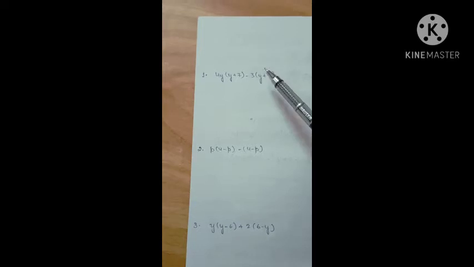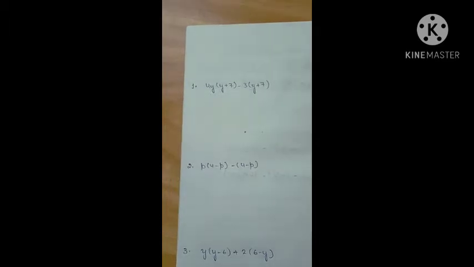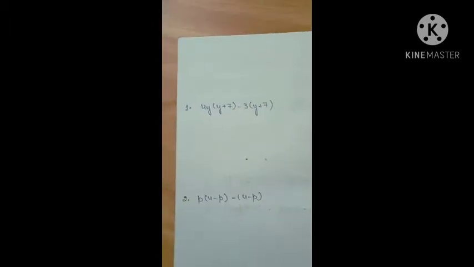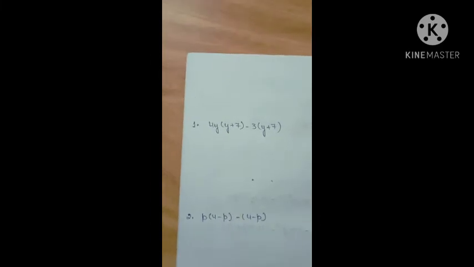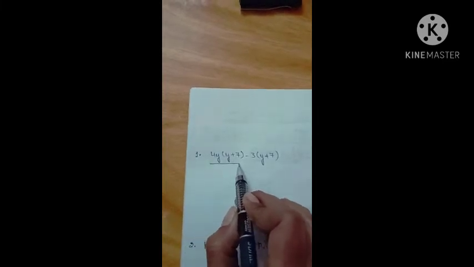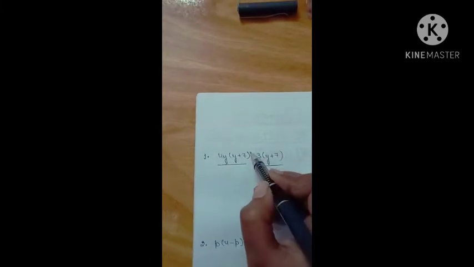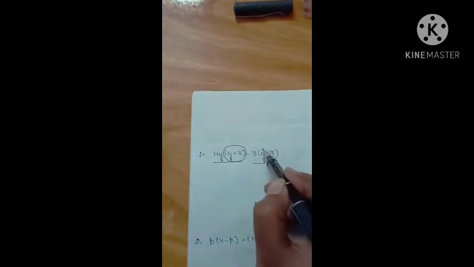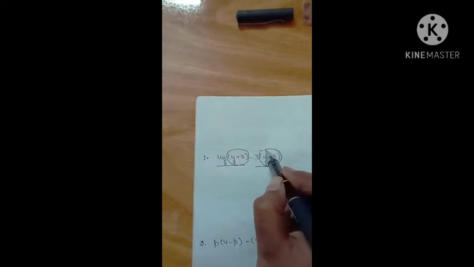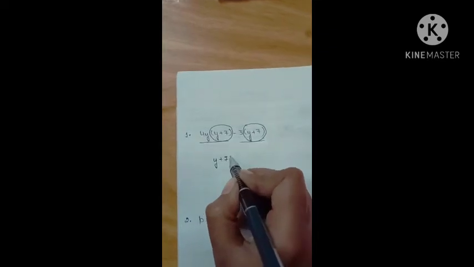Now when the given algebraic expression contains common binomial factors, then how do we factorize it? See, here you can see that here is 4y, bracket y plus 7 and minus 3 bracket y plus 7. So here you can see that there are two terms. Here this is the first term and this is the second term. Now you can see what is common in both the terms. So you can easily see here that this is common in both the terms. So we can take out this as a common factor. So we take out y plus 7 as a common factor.